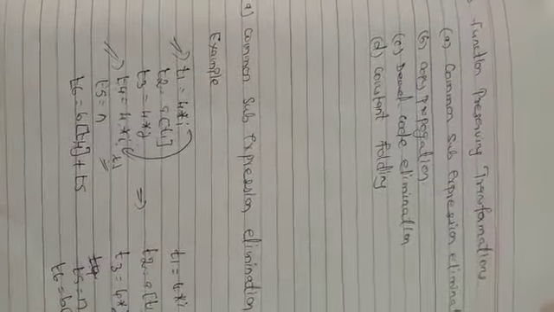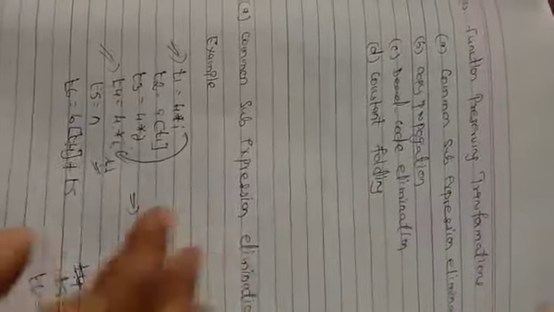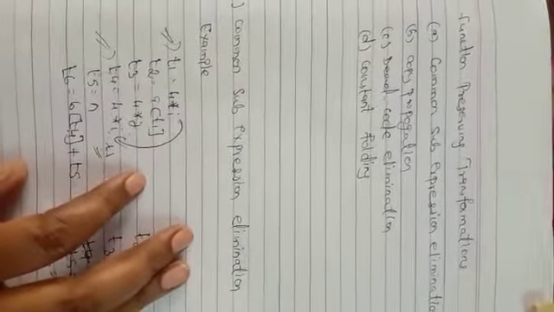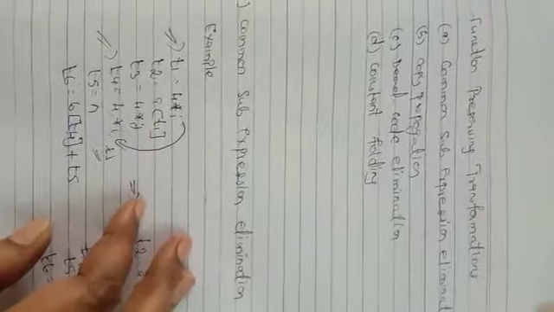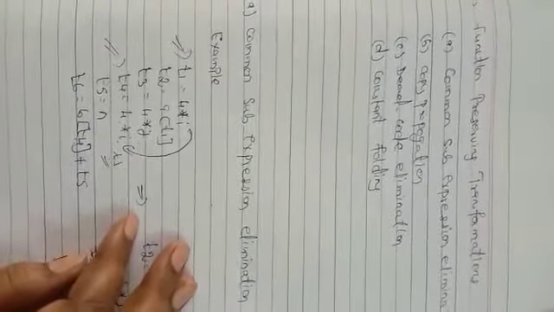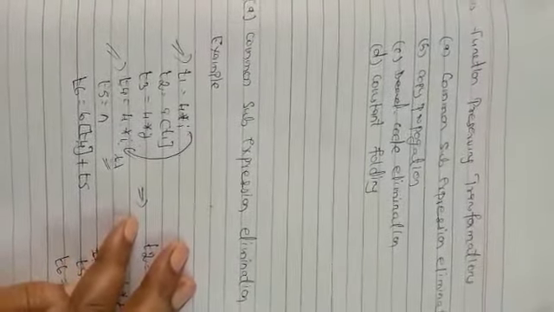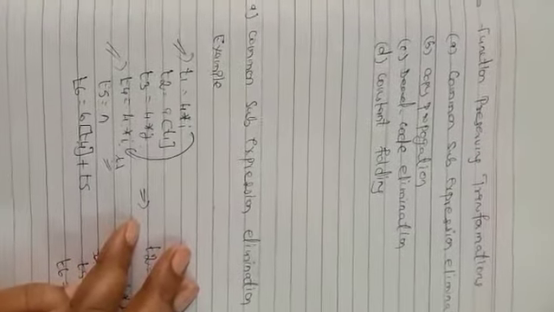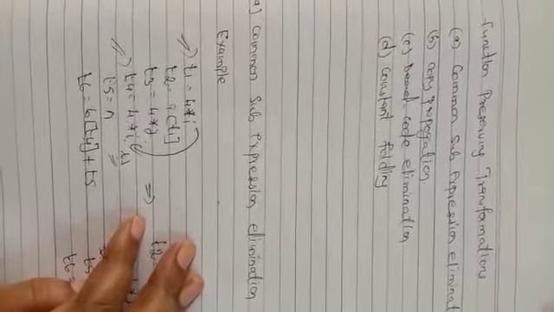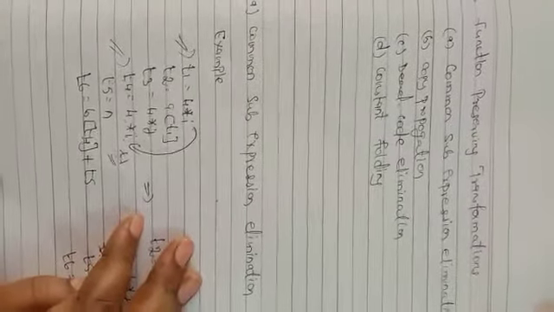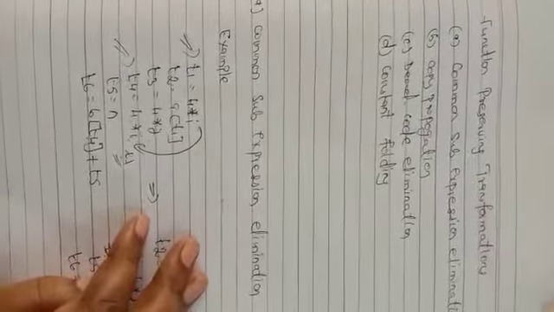In my last video, I explained structure preserving transformation, and this video will talk about function preserving transformation. So, what is transformation? Transformation means changing a code into another format without affecting the actual meaning of that code. So how can we transform that code? Here we have two types. One is global transformation, that is structure preserving transformation, and another one is local transformation, that is function preserving transformation. In my last video I explained how to transform our actual code into another format using the global transformation. In this video, we will talk about the function preserving transformation.